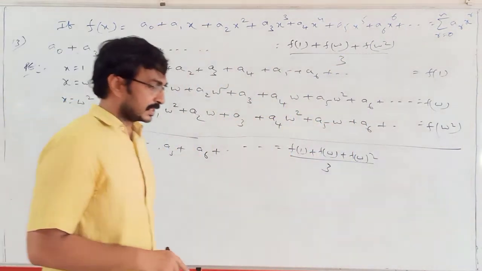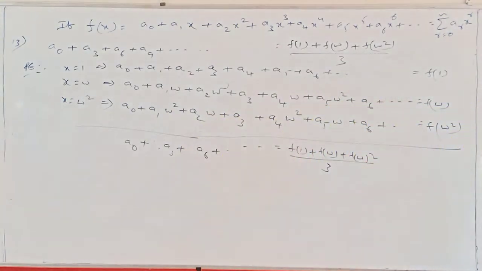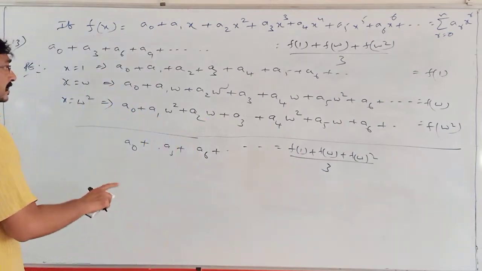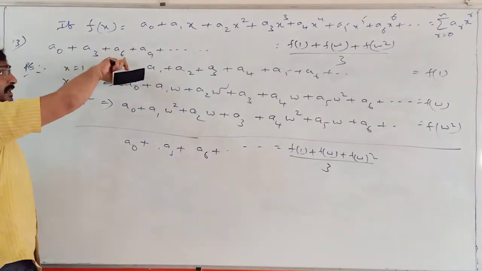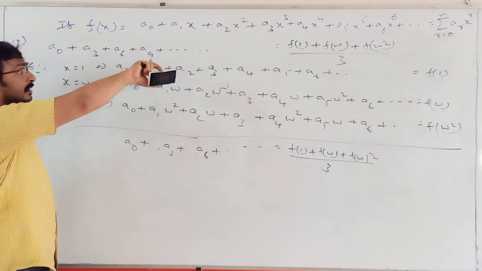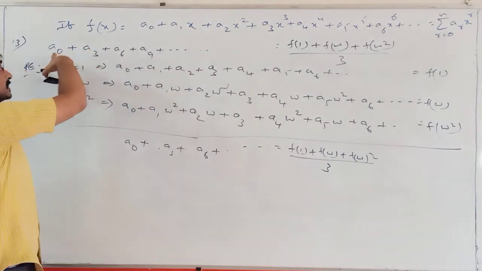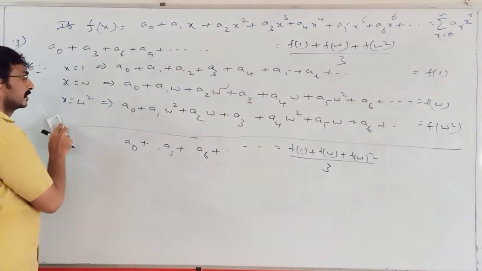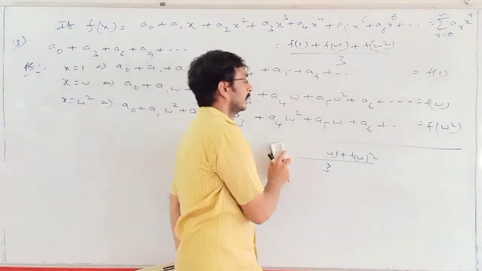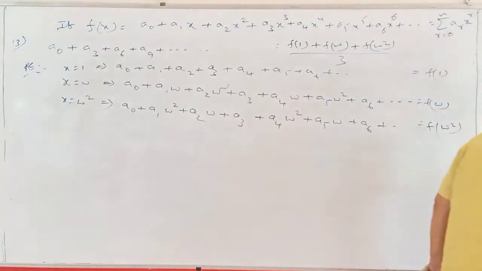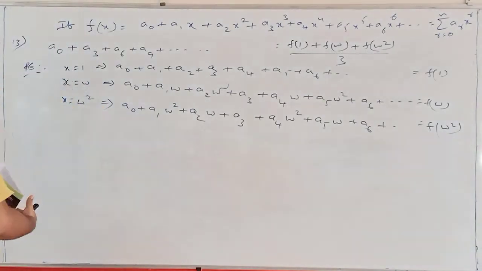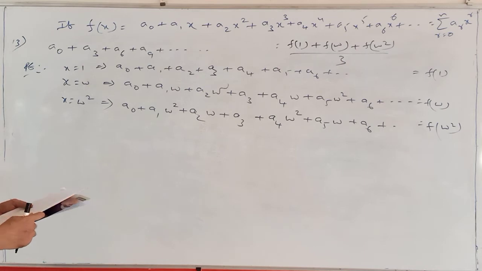Its applications. In some cases, they can ask what is a3 plus a6 plus a9 plus and so on. In that case, the answer is that one minus a0. Minus a0 means the constant term in the given expression. So this is standard. For mains, this one is sufficient. Its applications are important for advanced level problems.